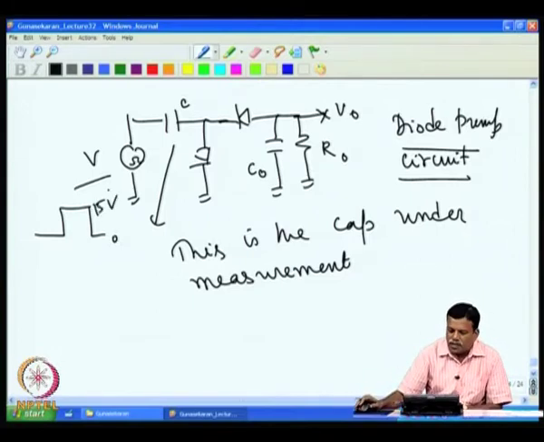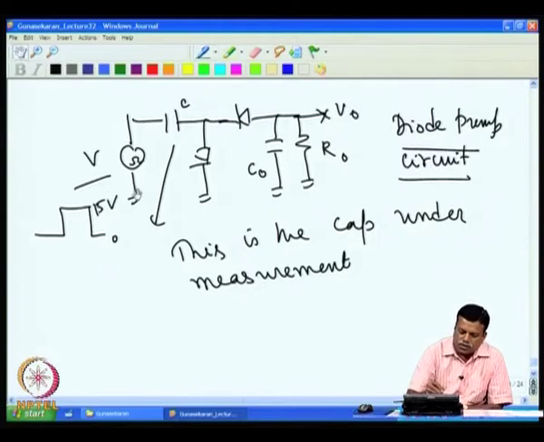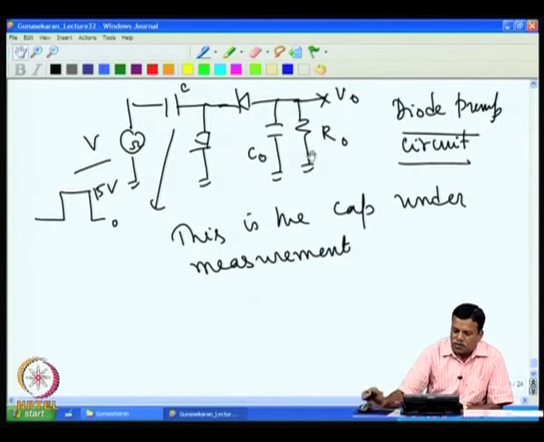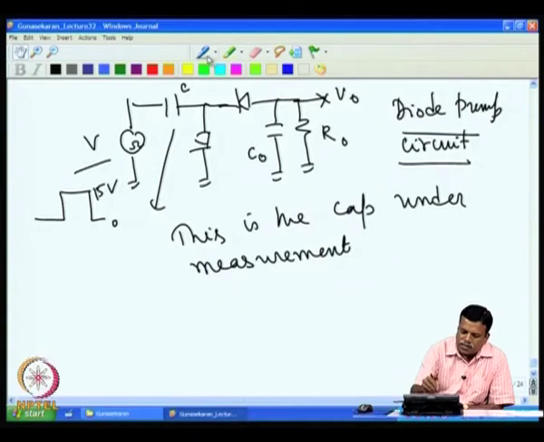When the source is going positive, it charges up this capacitor, and then when it drops to 0, this capacitor discharges through this path to the output capacitor, and the output capacitor voltage builds up, and that also leaks through this R naught. We had shown earlier the total charge transferred, if f is the